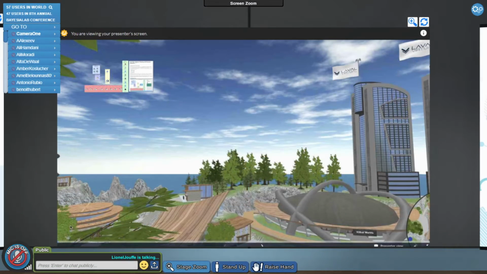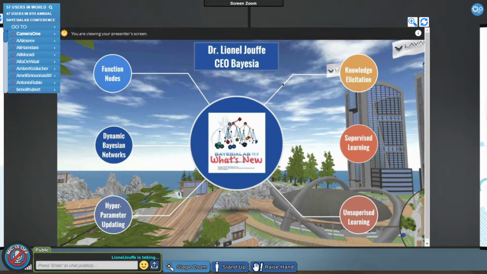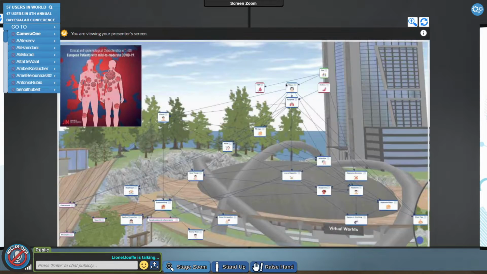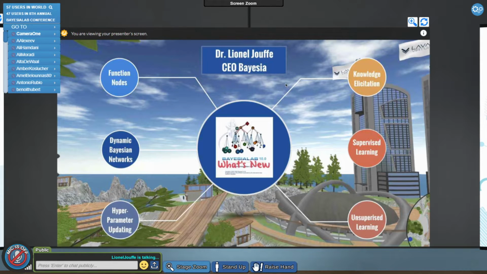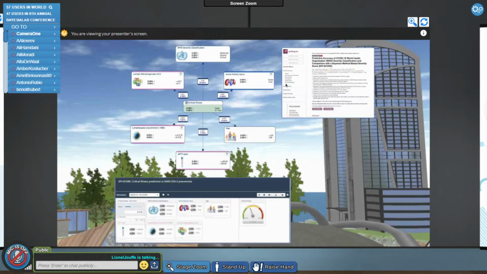The first is an example of unsupervised learning, where I'm going to show you some of the new features we have added during the analysis of a data set of COVID-19 patients. Then I'm going to use an example of supervised learning to introduce additional features. Again, it's related to COVID-19.